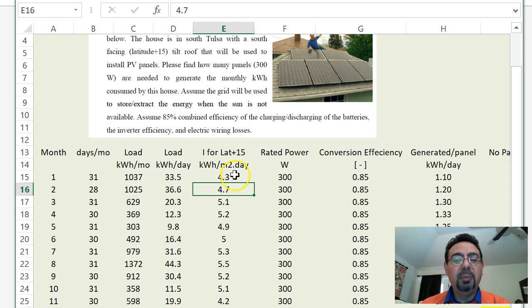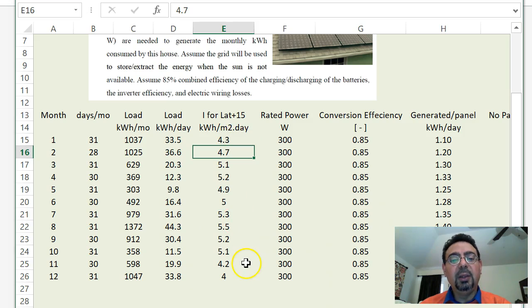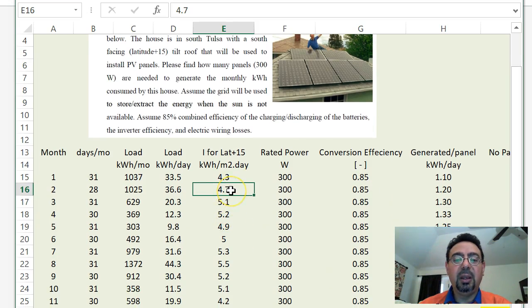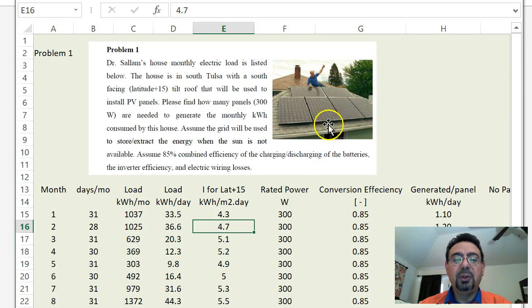was specified in the problem. This came just from the table that we had at the end of the homework. Okay, all those numbers are for every month how much instant radiation is falling on a latitude plus 15 roof. What this means is the roof is not at latitude tilt, which for Tulsa we know is 36, right? But latitude plus 15 means 36 plus 15, and this particular is much better in the winter, right? Because the sun would be low, so then you need the panel to be tilted a little bit higher. Okay, so you will see those numbers are a little bit higher in the winter as compared to simply latitude